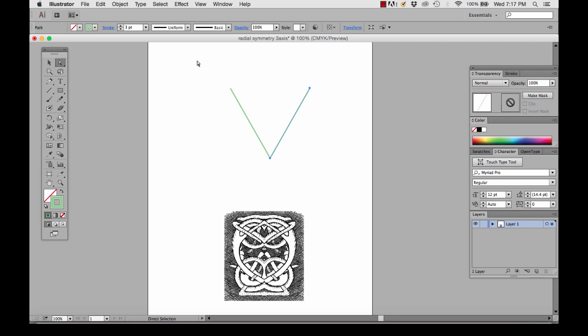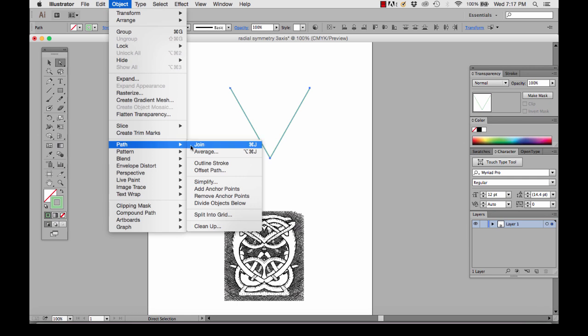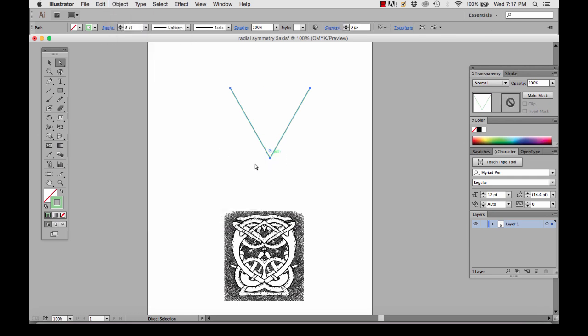So I'm going to select both, and I'm going to go Object, Path, Join. So now it's joined those two together. So the next thing I need to do is now cap this. So I'm going to go to the pen tool, select it, select, select. Now hold it and drag,